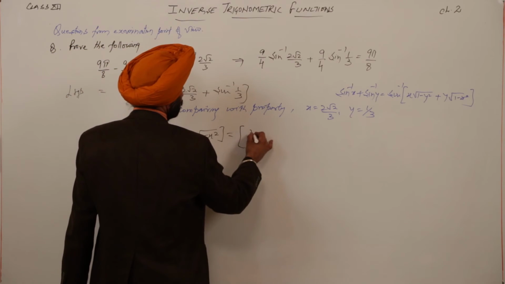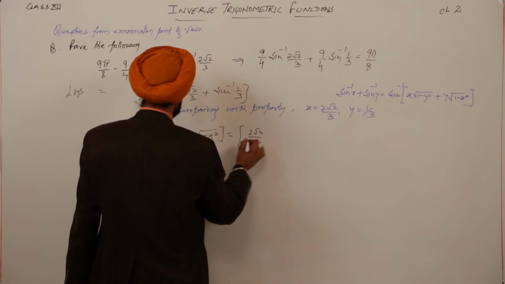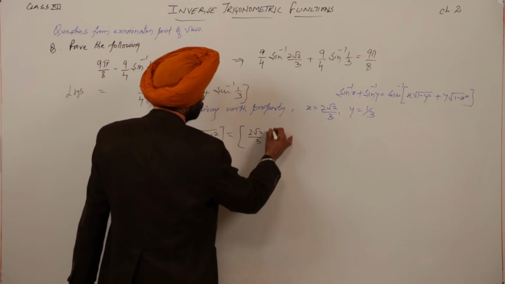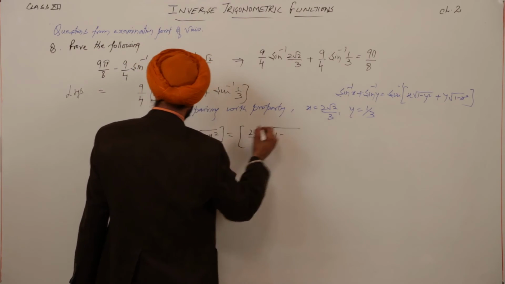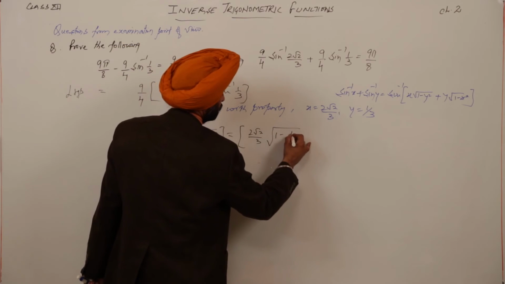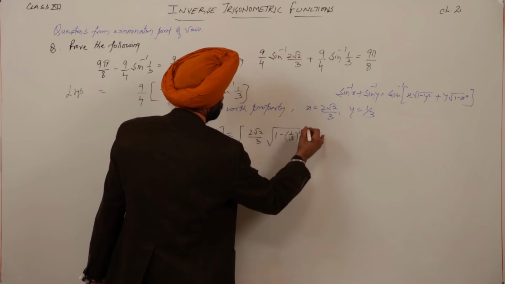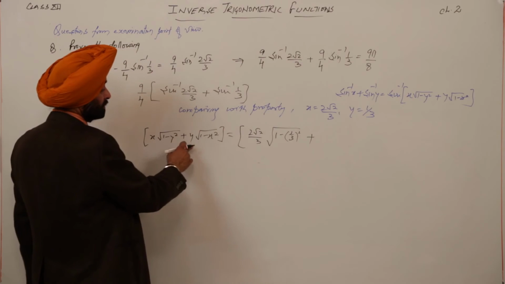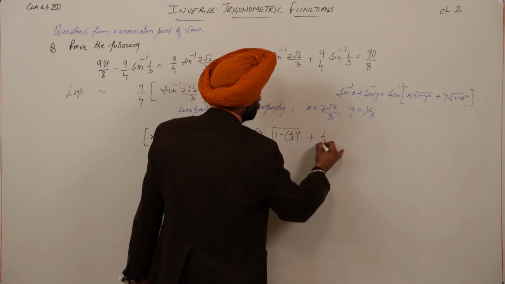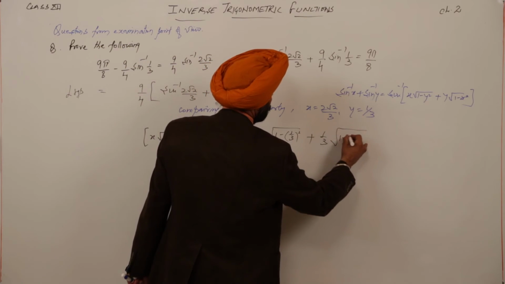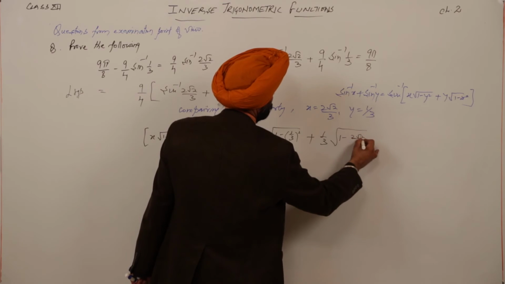So we are having 2 root 2 by 3 under the square root of 1 minus, what is y? 1 by 3